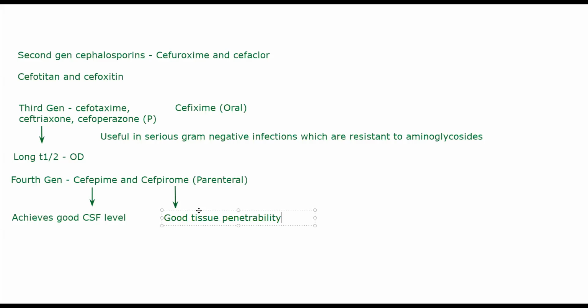And nosocomial infections. Nosocomial infections are those infections that a patient acquires in the hospital. Once the patient has come for treatment, after 2 or 3 days, let's suppose they are getting infected by a bacteria, that is when it is a nosocomial infection. Or serious infections of skin, respiratory tract, urinary tract, or even infections in immunocompromised patients. In all of them, fourth generation cephalosporins are very good.